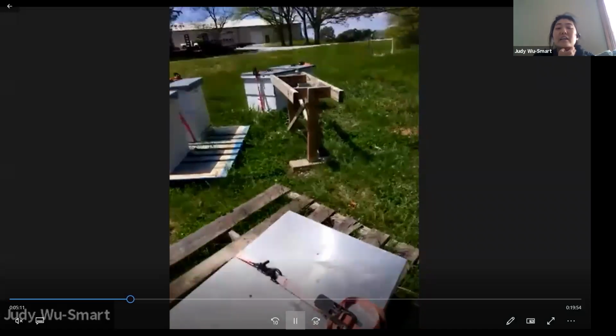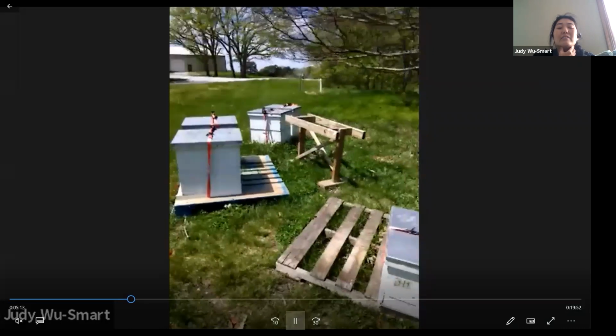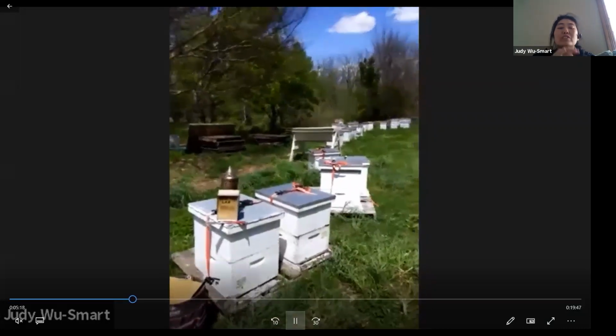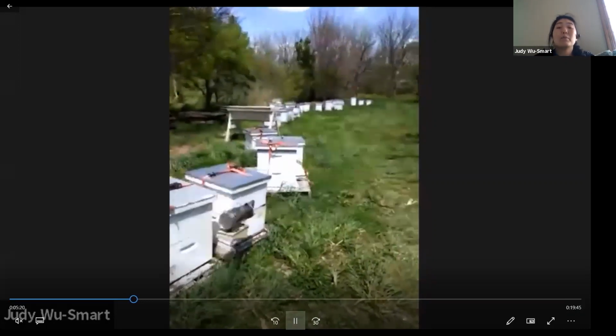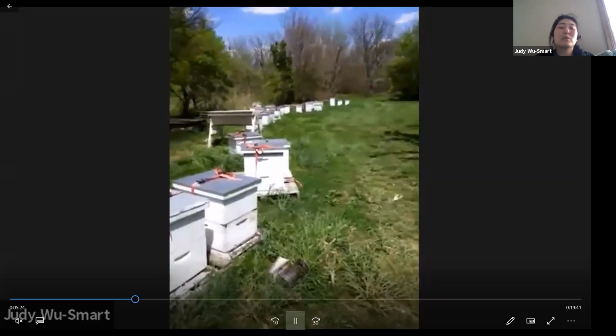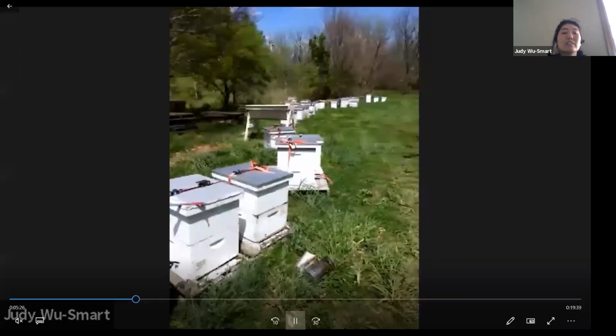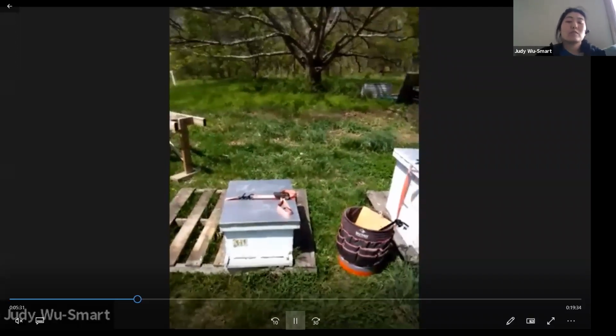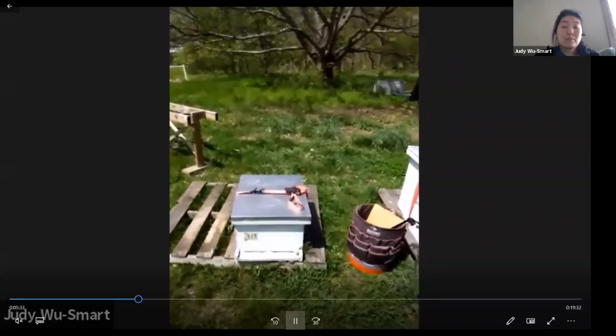Let's take a look at these. I'm in my yard, and here are some research hives. These colonies are actually used for research and teaching purposes, but we also make a lot of honey. It is a very windy day, so you can see my smoker just fell, but we're going to continue to work this colony. I'm going to show you some of the really cool things about social honeybees.